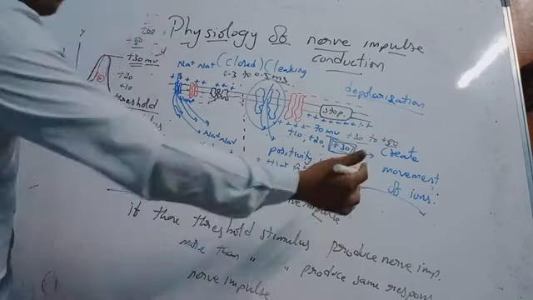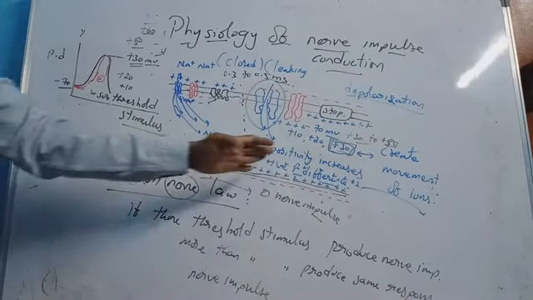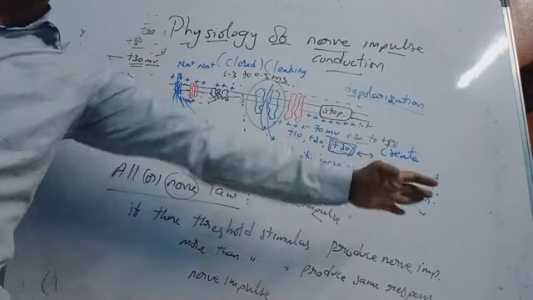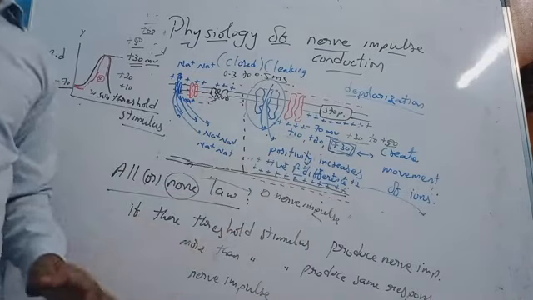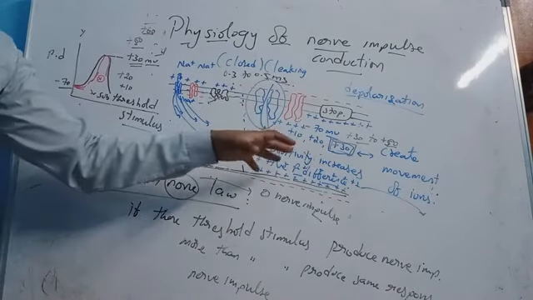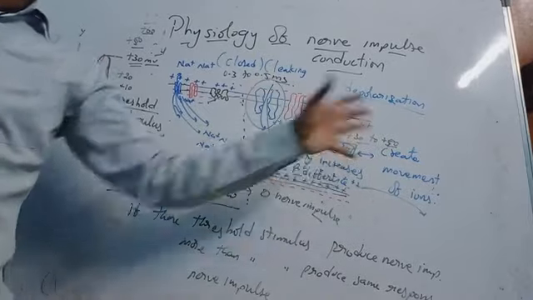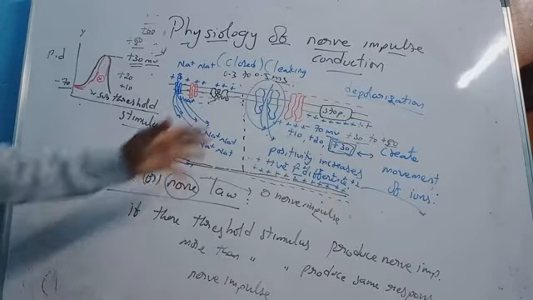because the repulsive effect should be added now. So the ions should be repelled to the next part. They should be passing to the next level. That is the main point here. That is how the nerve impulse is conducted. So conduction we'll discuss tomorrow. So this is how it is conducted.